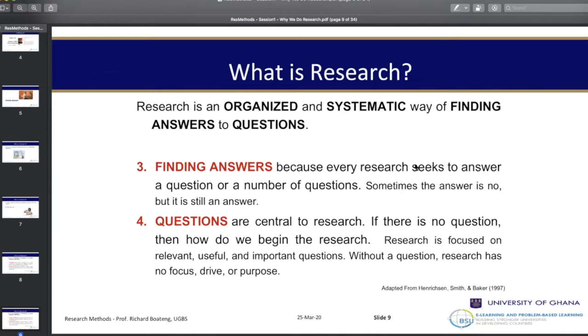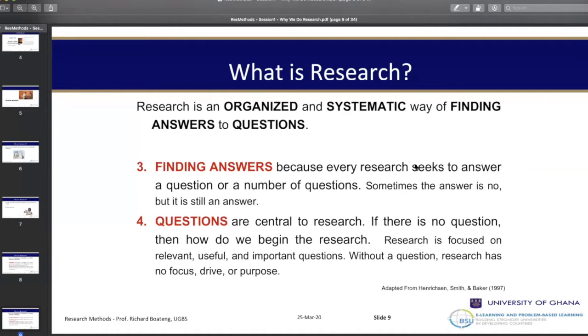The centrality of every research is the question you're asking. One, the question gives drive and direction and purpose to the research. Number two, the research question you have differentiates your research from another person's research. Even if you have the same topic, the same country you want to study, the same context, the same respondents, it could be different questions. Another reason is that the research question is what makes the research researchable. The research process starts from a question. So if the question is not complex enough, or it's not relevant to the discipline the person belongs to, it's very difficult for you to start a research in that particular area.